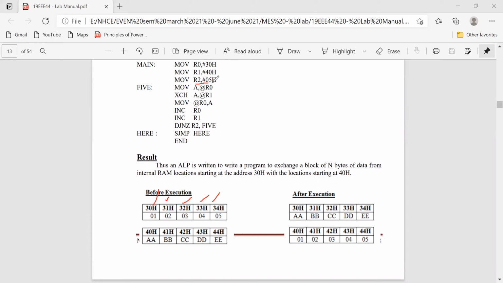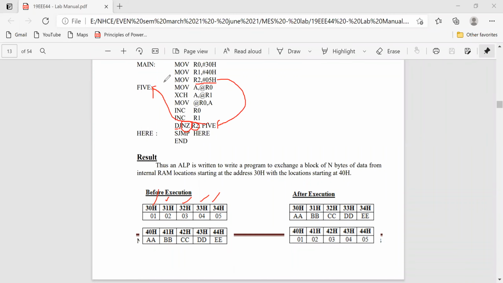Then I want to use 05 as data in one register, and this register has to be decremented each and every data exchange. That's why this data is decremented and jumps to the corresponding loop, that is 5. 5 is the label. If it is not 0, jump to here.